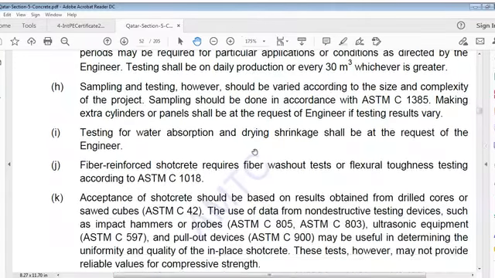Sampling and testing, however, should be varied according to size and complexity of project. Sampling should be done in accordance with ASTM C1385. Making extra cylinders or panels shall be at request of the engineer if testing results vary. Testing for water